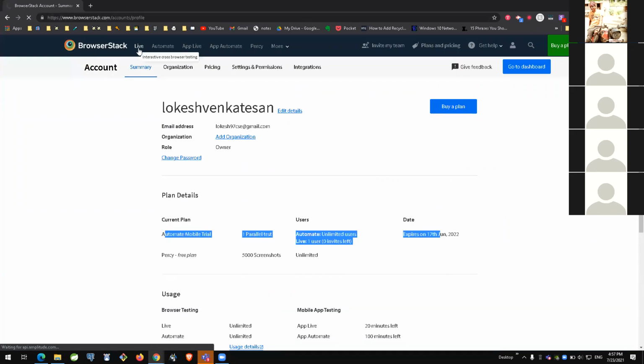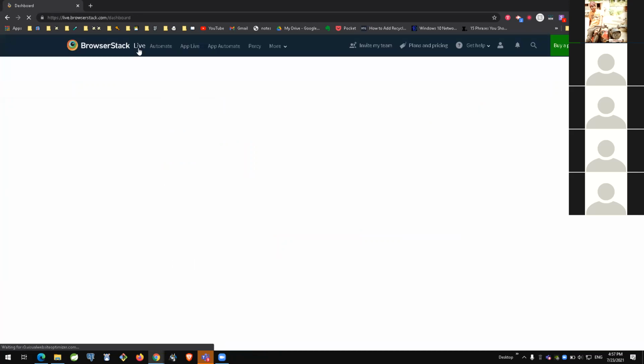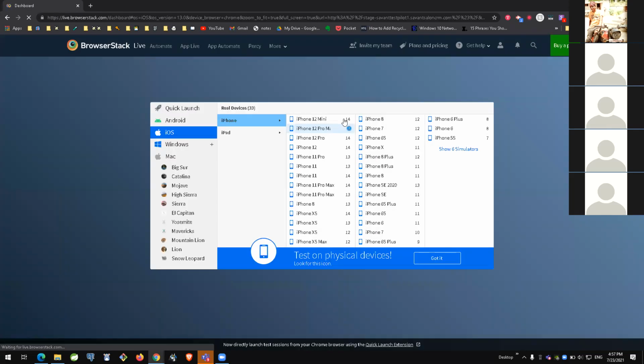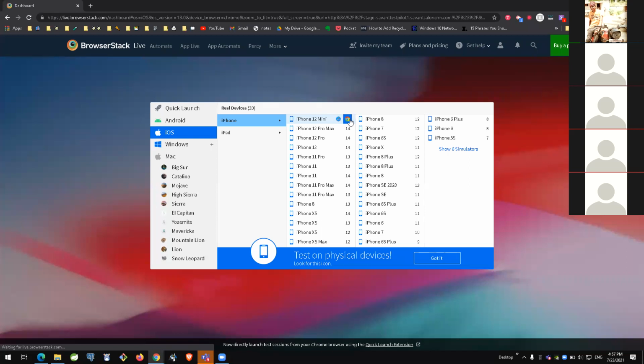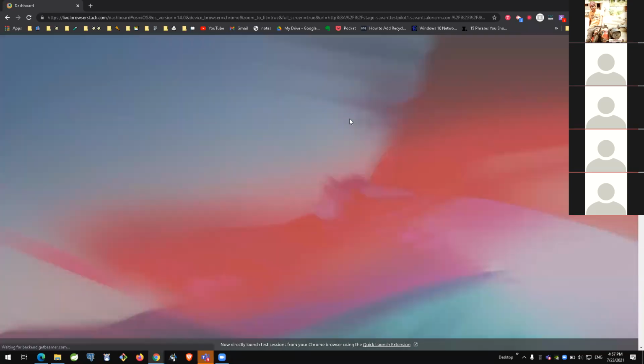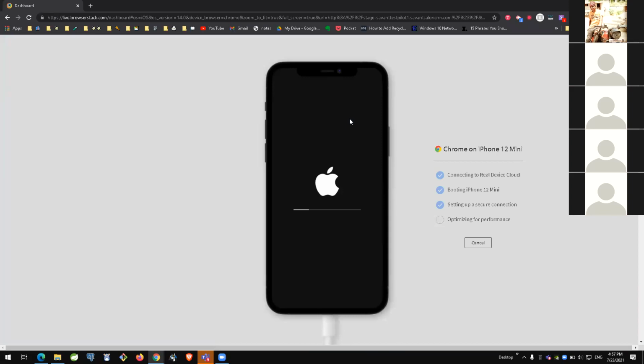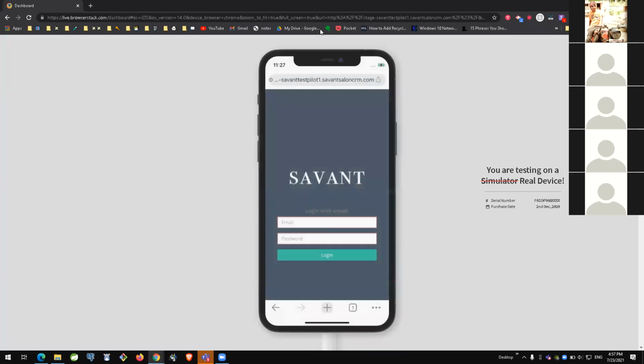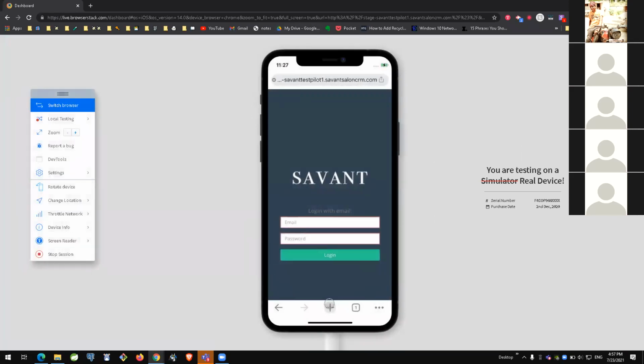So I can always go to Live. What are the features of Live? You can always go to that. If I want to check a particular website URL, you are testing it, but on the phone, you can always check this inside this Live Team feature. Cross-browser testing is important. So if you want to navigate through Internet Explorer or Google Chrome or any other browser we want to test, we can.